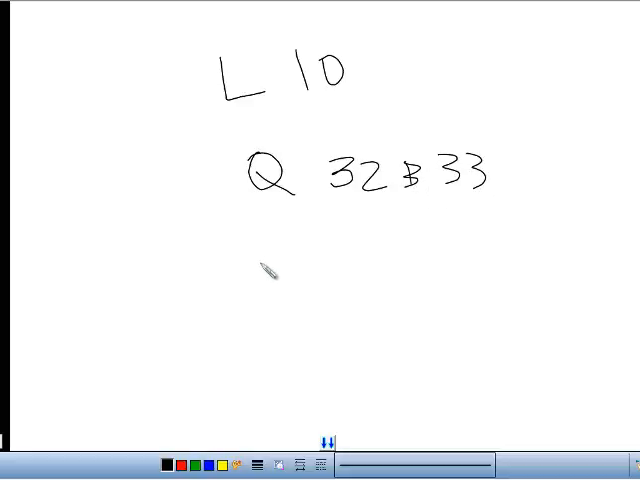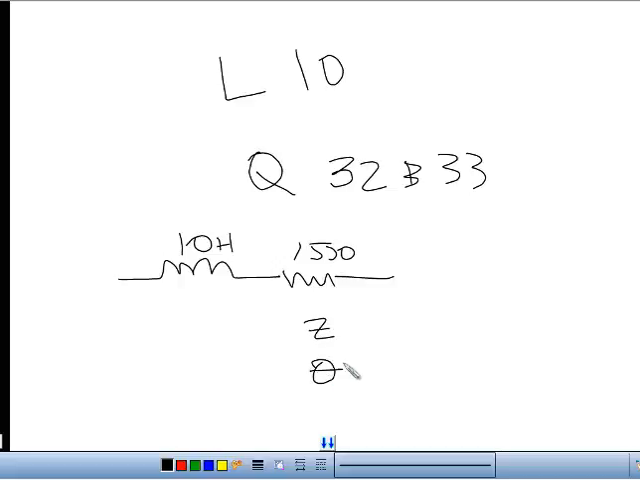And if you look at lesson 10, question 32 and 33, you'll see a 10 Henry inductor in series with a 1500 ohm resistor, right? We're going to add those up, do the math, figure out the impedance, and find the phase angle. But then I'm going to take it one more step. We're going to use that vector addition machine